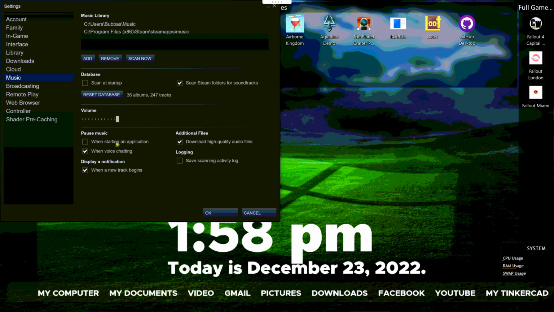Volumes all the way up. Pause music when voice chatting. You don't do voice chatting at all, right? No. So we don't want it to mistakenly pause because it thinks you're chatting. I don't think that would be likely our issue, but